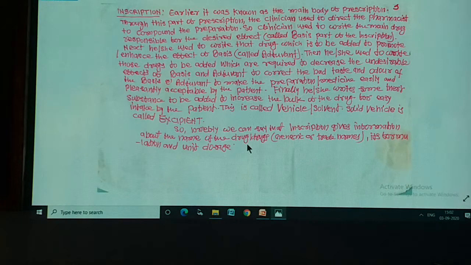Through this part, the clinician used to direct the pharmacist to compound the preparation. So the clinician used to write the main drug responsible for the desired effect, called the basis part of the inscription. Next, he used to write the drug which is to be added to promote and enhance the effect of the basis, called adjuvant. Then he used to write